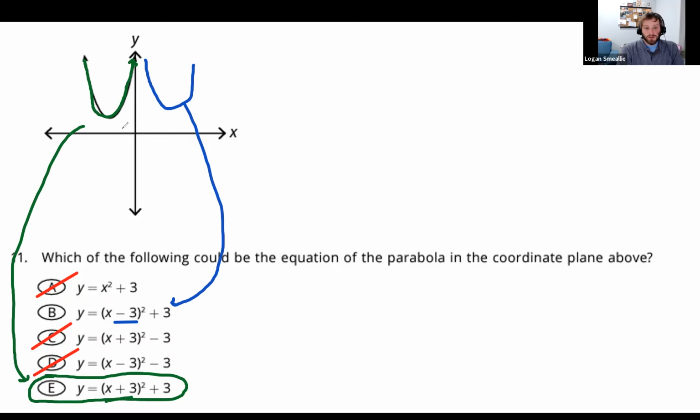Like you could say, okay, I want to see what I get if I'm at negative, if I try -3 for x. x equals -3. If I go here, I'm going to get y equals 0 plus 3. So I got 3. If I go here, I got y equals -3 minus 3, so -6 squared plus 3. That'd be -36 plus 3, -33.